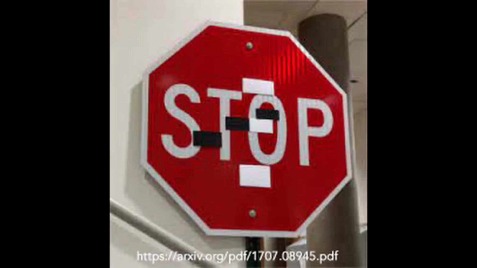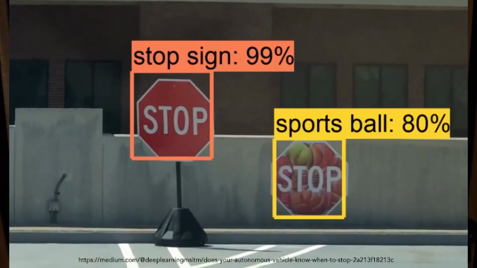In academia, there's been a lot of testing in, for example, creating adversarial stickers or paint that you can put on stop signs to prevent autonomous vehicles from recognizing them and interpreting them as a speed sign instead. When these autonomous vehicles saw an adversarial stop sign, they didn't recognize that it was a stop sign at all. Instead, they either couldn't classify it or they misclassified it as a speed sign, for example.